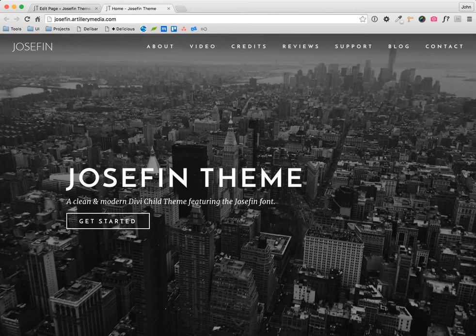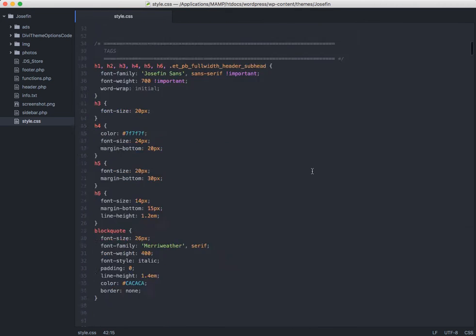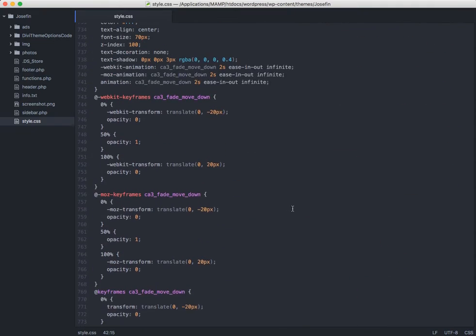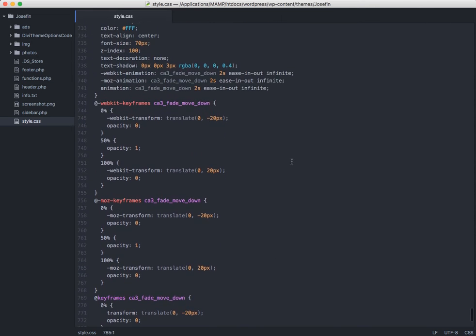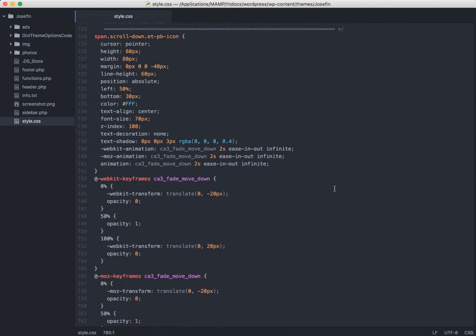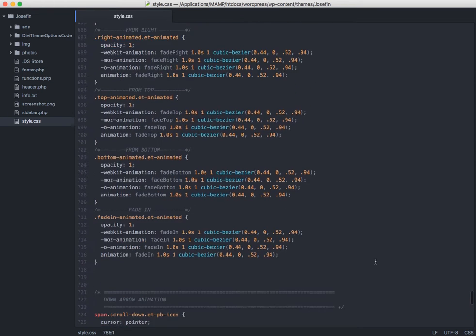So if you look at the child theme style.css, you scroll to the very bottom and then scroll up a little bit. Well, first of all, if you want any custom CSS, you'd start going about right here. Or you could modify the child CSS, but if you do that, in any case, I always recommend backing up this original file. That way you can always go back to what you were working on. Okay, so you're at the bottom, so first there's the down arrow animation, but if you keep going up here,